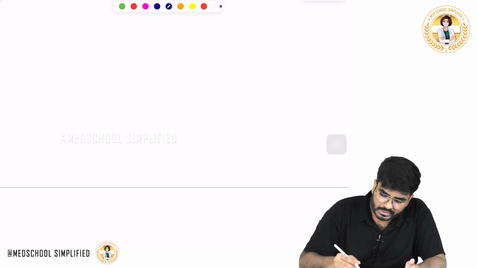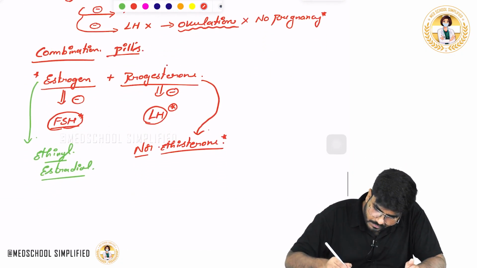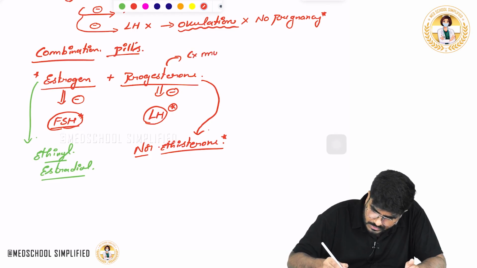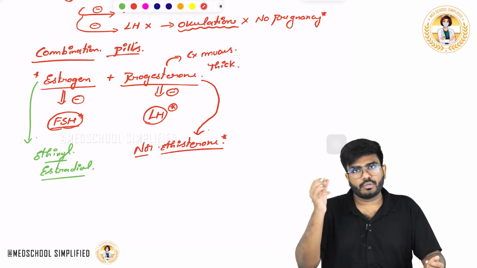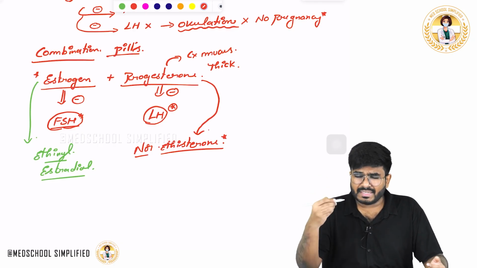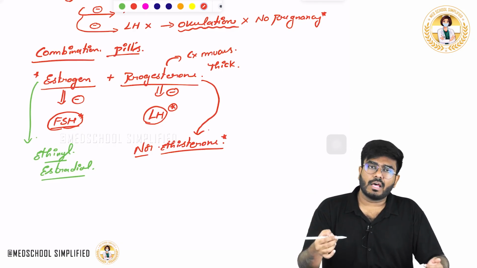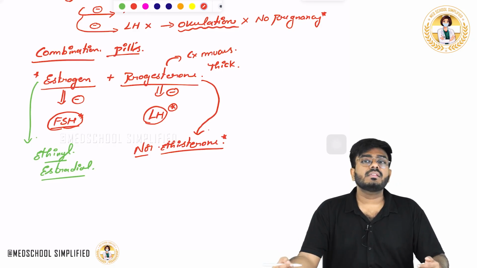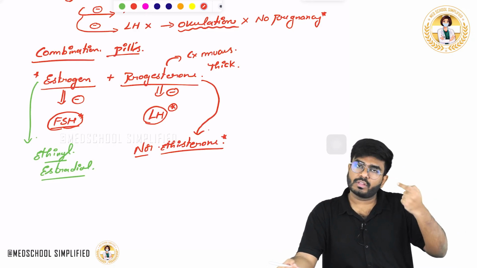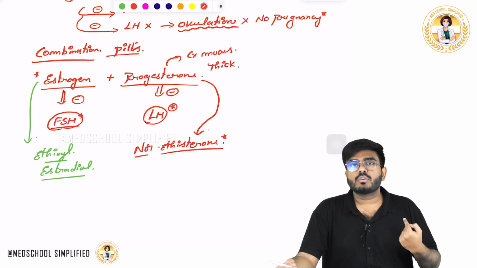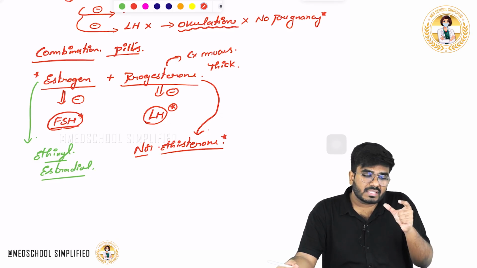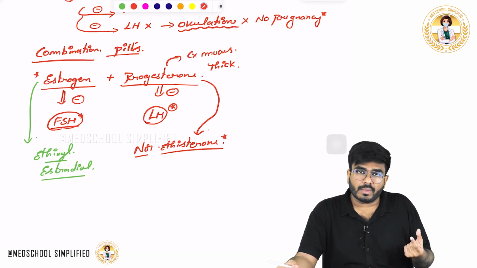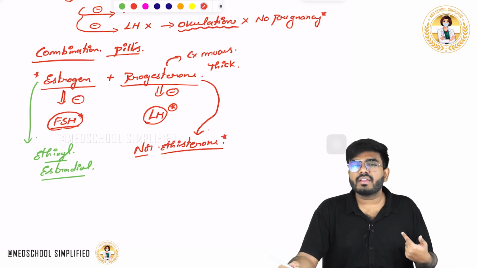But there is one important point. These progesterones, whatever you are taking, make the cervical mucus thick. Now sperms are not entering. Not only sperms, the bacteria also cannot get access into the uterine cavity. So the bacteria in the vaginal canal are now unable to get access into the uterine cavity, the fallopian tubes and the peritoneal cavity. So it's better, right? Now the thickened cervical mucus is giving protection for the female from pelvic inflammatory diseases.